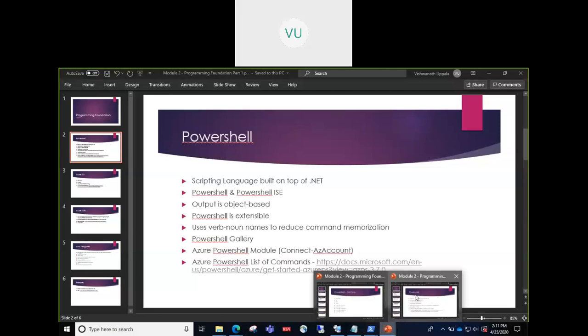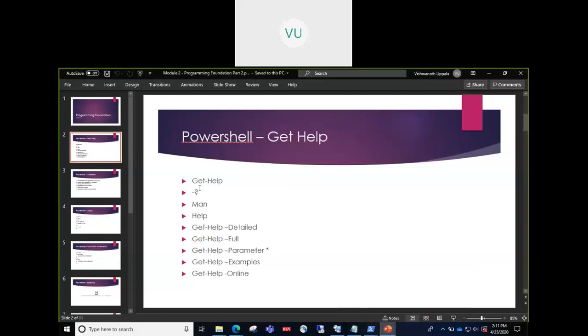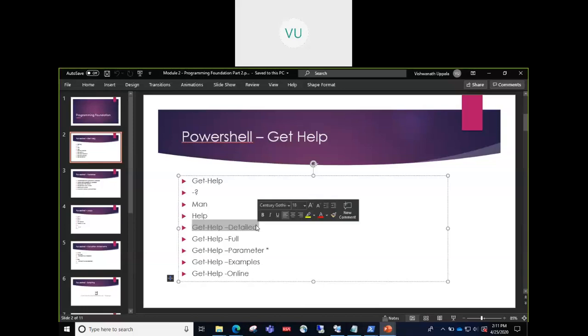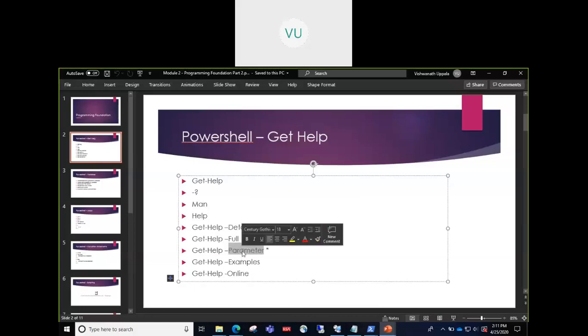We went through certain commandlets which will help you get started quickly on learning these commandlets. For example, Get-Help -Detailed, which will give you detailed documentation on that particular commandlet. Then you can actually get help on a specific parameter as well.